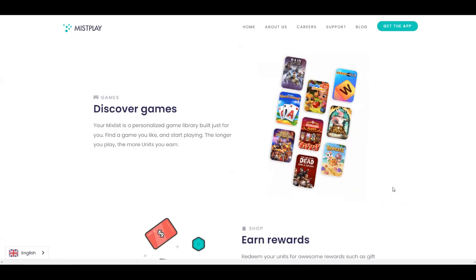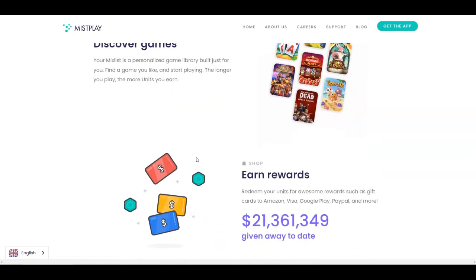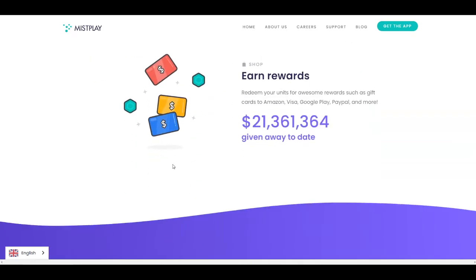So you're going to see that they have a personalized game library built just for you. You can find a game that you like and then start playing. The longer you play, the more units you earn, just like we mentioned before. So it depends on you, on how much time and effort you want to put on this in order to get the desired results. So you can redeem those units for some gift cards to Amazon, Visa, Google Play, and